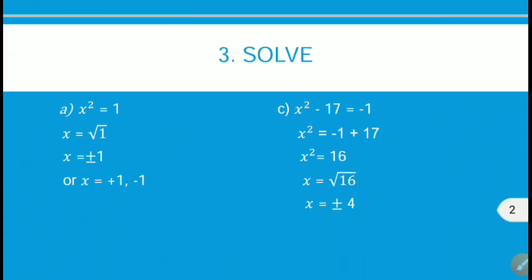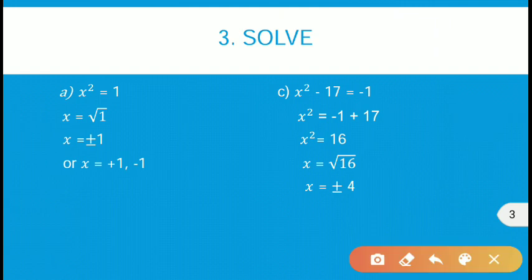Now question number 3. Question number 3 is just solve. What is given? X square is equal to 1 is given. As you all know, two sides we are having, suppose we are having an equation. In equation, two sides are there, left hand side and right hand side. Suppose we are having a plus sign in the right hand side. If we transfer this positive sign to the left hand side, it will convert into negative.